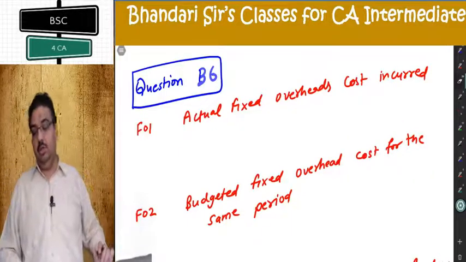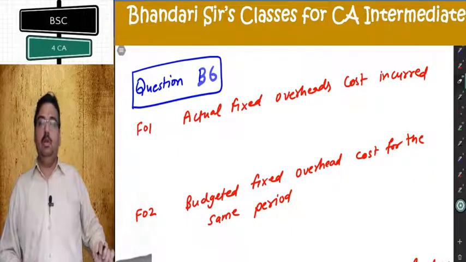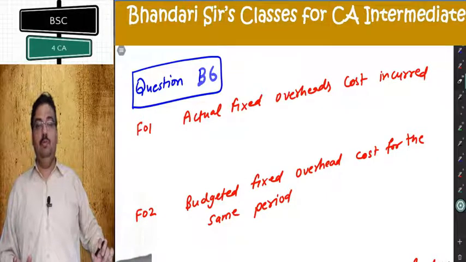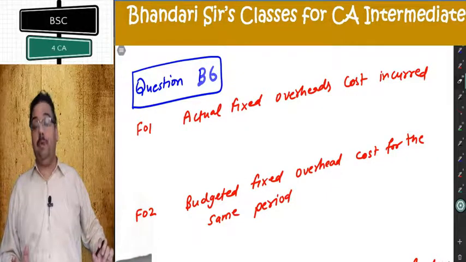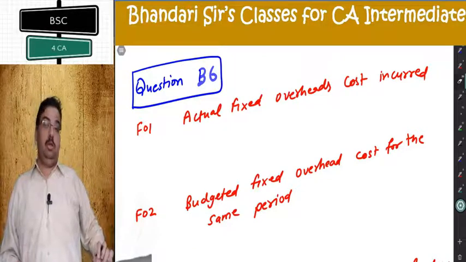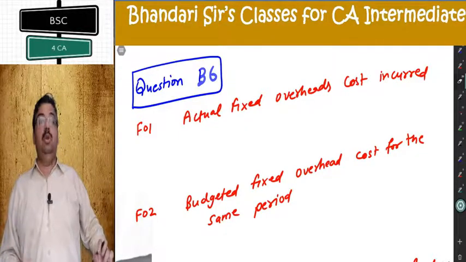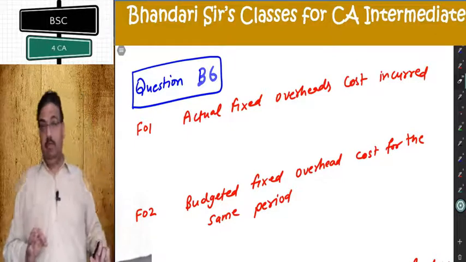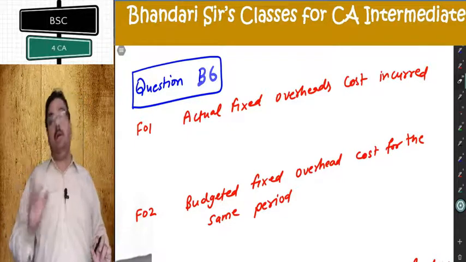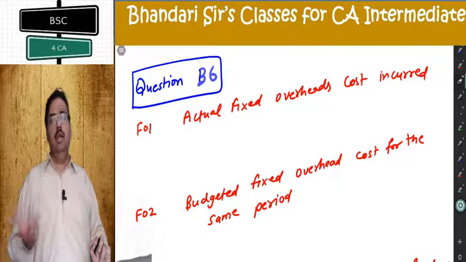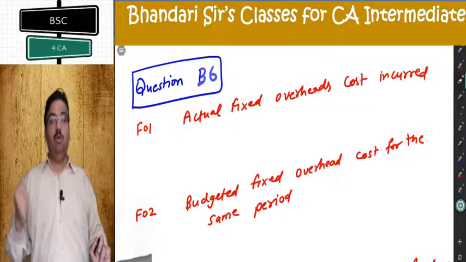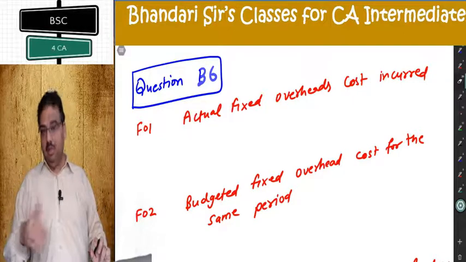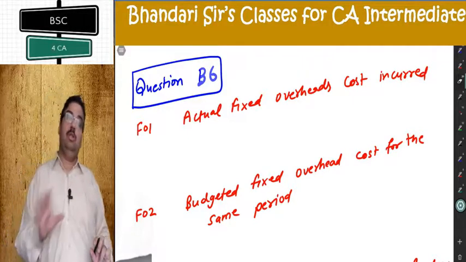The next question is question B6. There is only one difference in this question. Instead of a single product, there are multiple products. Where does product come into the picture? In FO5. So in FO5, I'll compute standard cost per unit multiplied by units produced for both the products and add. That is the only difference. We will be doing that in SV4 also, SM4 also. Similar thing is here. Other than that, the question is very simple.